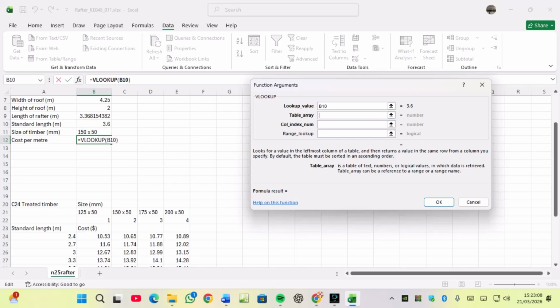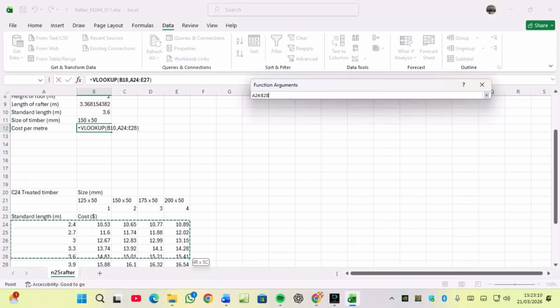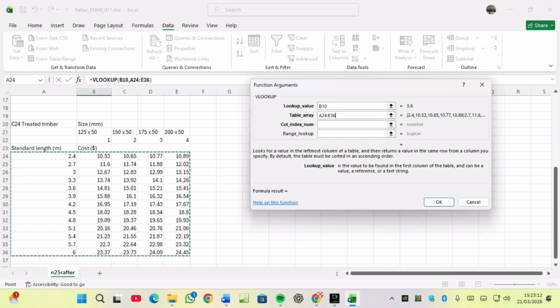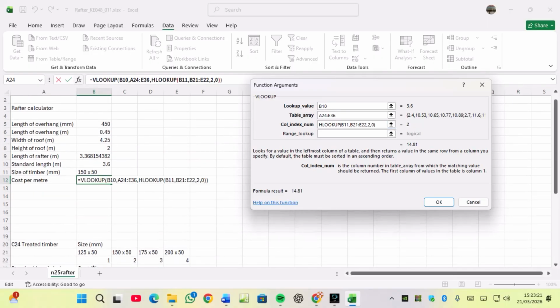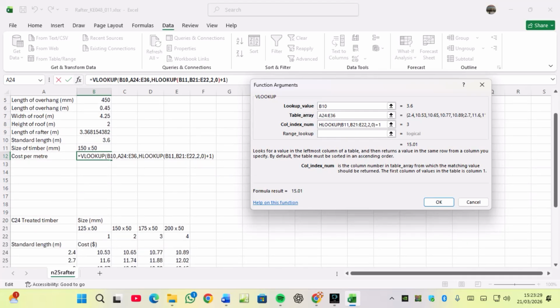The table array in our case here is going to be all of this. The column index is what we had pasted. We had cut the HLOOKUP, but we put plus 1 because we have to factor in this row, which has got 23, which was not factored in before we start actual counting. And then I want an exact match. So an exact match, now if I click,